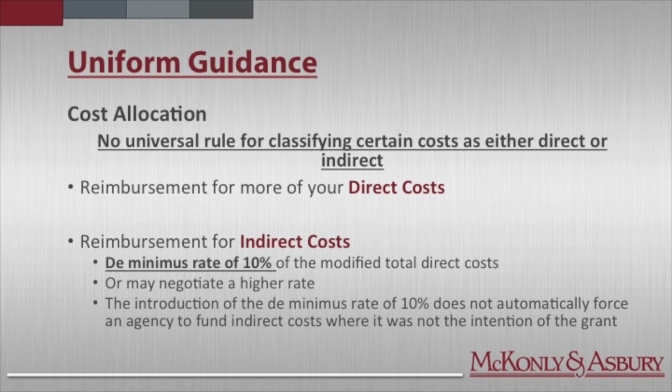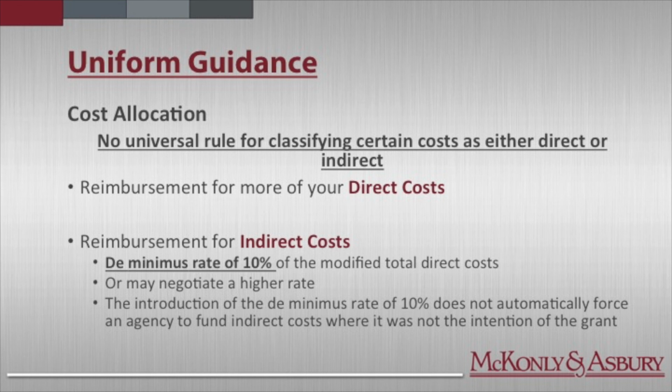So the uniform guidance clarifies a number of cost allocation rules, and specifically more costs that are expected to be reimbursed as direct costs. For instance, if you have program administrative personnel who are directly working for a program, previously you might have categorized those as indirect, but if 100% of their time and activity, though administrative in nature, is direct to a program that is funded through a federal contract, that can be considered a direct cost. Direct costs still have to be allowable, reasonable, allocable, and consistently applied, so you cannot flip-flop between a direct and indirect determination from one year to the next.